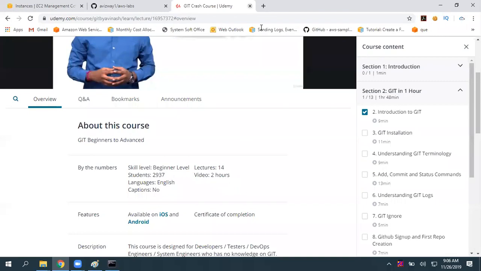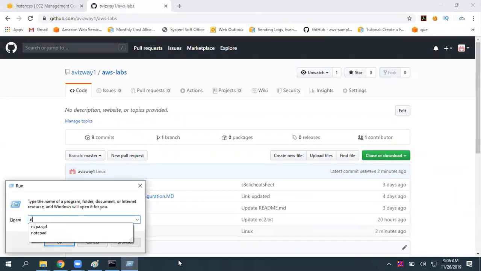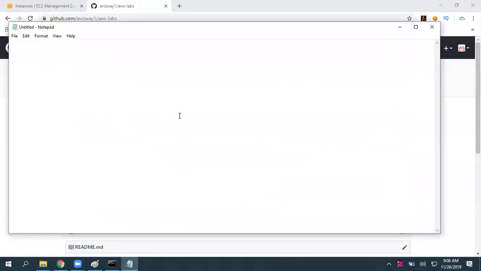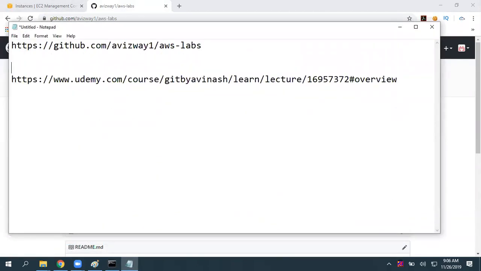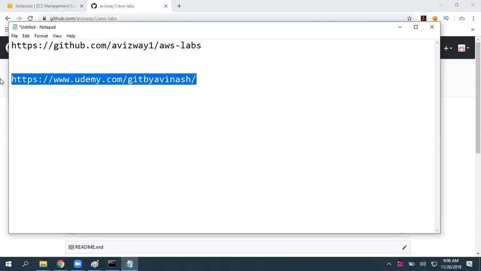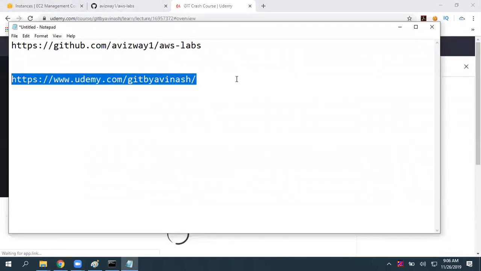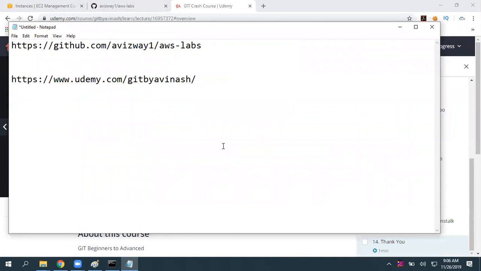Sure, I'll do that. Yeah, it's working. These are the 2 URLs.